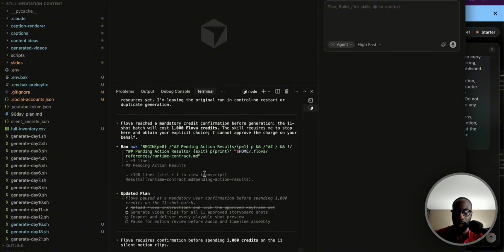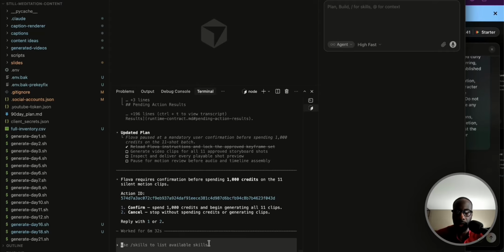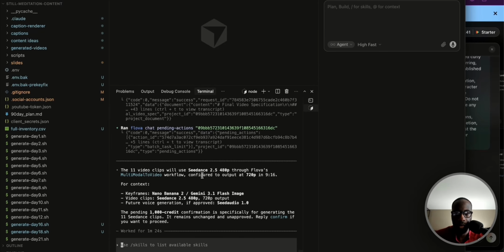I realized we didn't actually choose which model we're using. I'm kind of curious, which model are we using? All right, so use Seedance 2.5 through Flova's multimodal to video workflow configured to output at 720p 9:16. For context: keyframes Nano Banana 2, Gemini 3.1 Flash Image; video clips Seedance 2.5 480p, 720p output; future voice generation if approved. The pending 1,000 credit confirmation specifically for generating the 11 Seedance clips remains unchanged and unapproved. All right, I'm gonna say